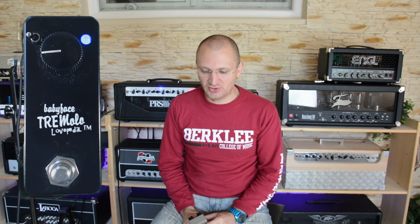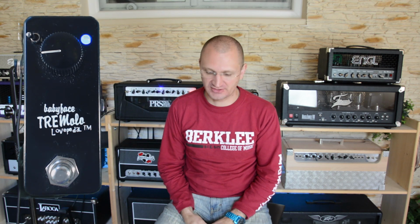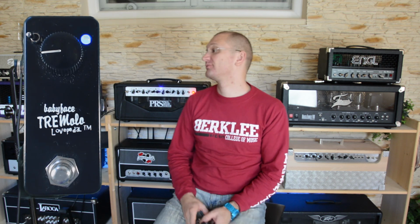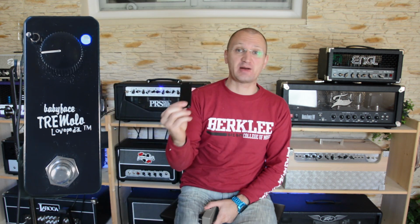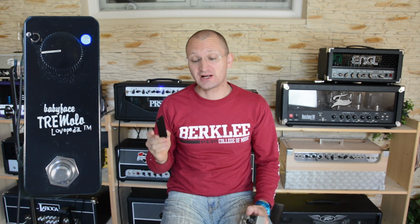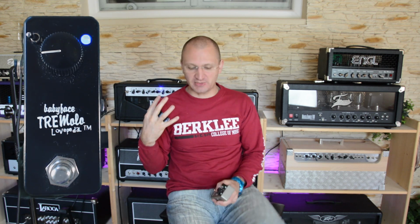Now, you'd ask yourself, rightfully so, where is the depth for the tremolo? How far does it modulate the level of my sound? That is something that you need to be able to control. They put that in the back. I've got the back right here. And there are no holes in it. So you actually have to take the thing apart to set your depth,